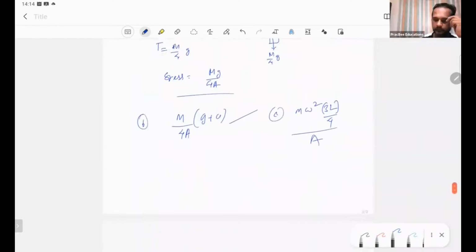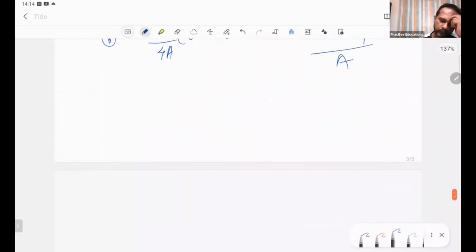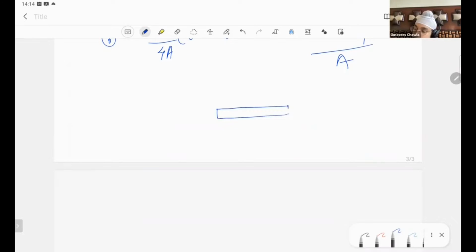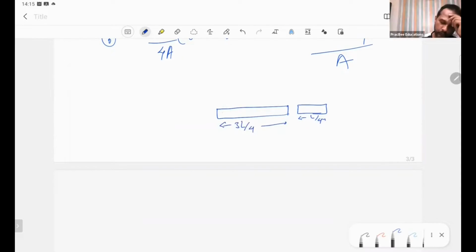ठीक है, लेट्स सी। आई ड्रॉ द फ्री बॉडी डायग्राम। मैं जिस पॉइंट पे पता करना है वहां पे फ्री बॉडी डायग्राम बनाता हूँ। तो दिस इज L/4, दिस इज 3L/4। Yes. बोथ द पार्ट्स आर रोटेटिंग। ये भी इधर रोटेट कर रहा है, ये भी इसी के अबाउट रोटेट कर रहा होगा। सो आई हैव टू एक्चुअली फाइंड आउट द टेंशन एट दिस पॉइंट। ये इस पॉइंट पे टेंशन पता करना है।